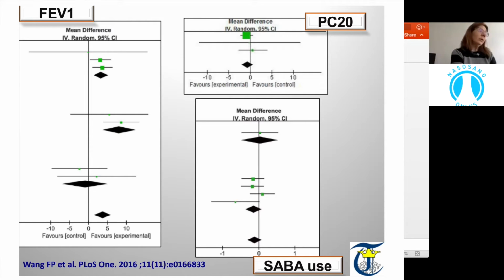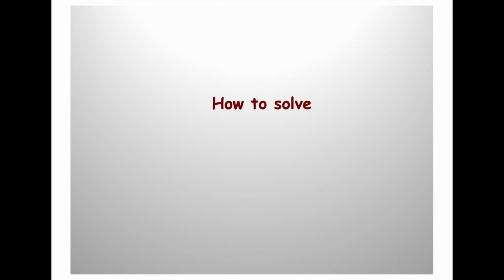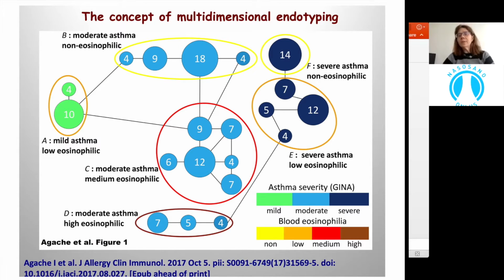Now, because I presented to you a series of problems, where we simplify too much in this biomarker-driven approach, I will try to show you how we can solve it. And with this, I would like to introduce to you the concept of multidimensional endotyping. Multidimensional endotyping means that you use topological data analysis, which is a machine learning program, and you input all the features that you have, and you start building clusters, but the clusters will be built in an unbiased way. So you have no hypothesis. And to our surprise, when we used this methodology with, let's say, more than 30 clinical features and molecular biomarkers, everything was inputted into the machine learning, and then the machine provided us with very nice